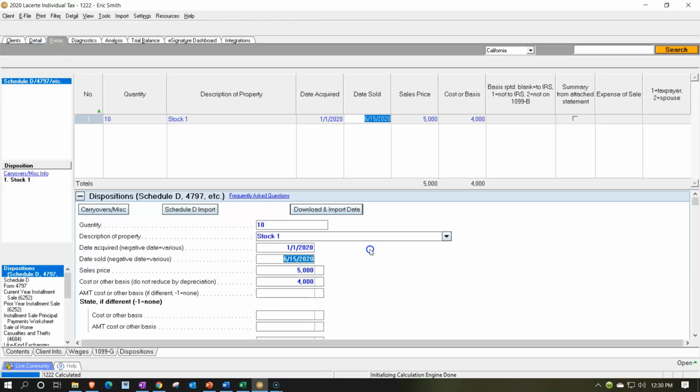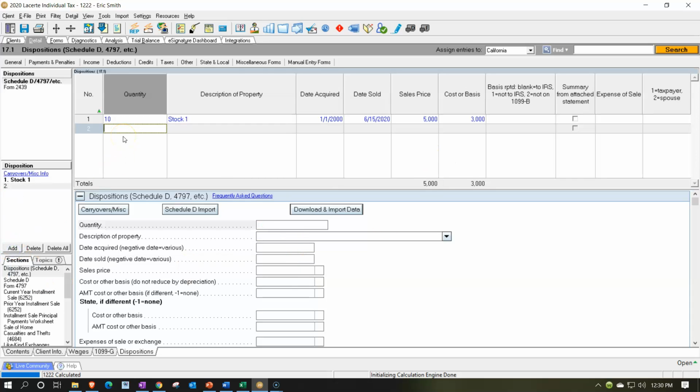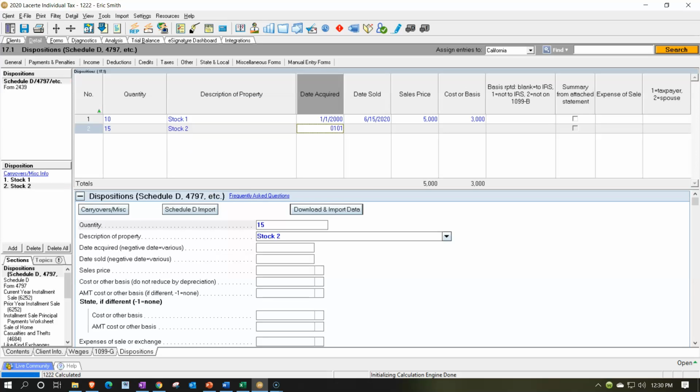Let's say we had, all right, well, let's say that we had long-term capital gain this time. Let's put this one back to like 2,000. So that's going to be a long-term capital gain. And let's say that this was 2,000. So let's make this 3,000. So we got a 2,000 gain. And then we had another transaction where we sold like 15 of stock 2, and this one's short term, 010120 to 091620, and this one we're going to say was, let's say 10,000 is what we sold it for, and then